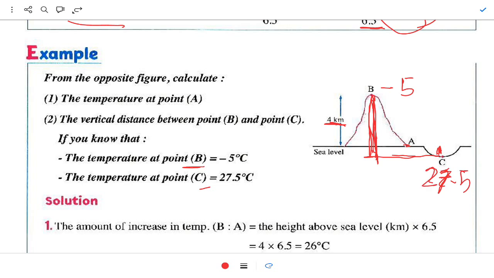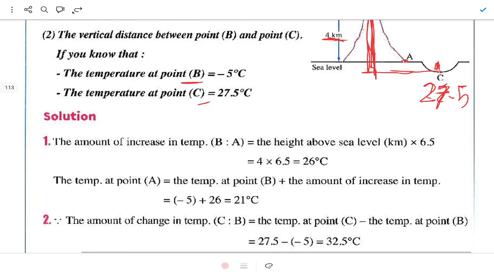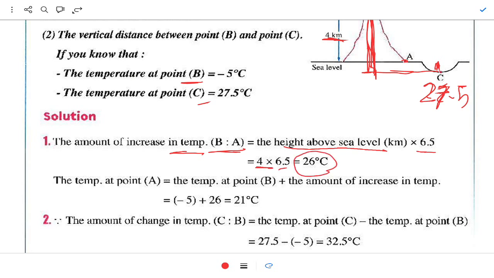27.5. So the first thing, we will calculate the amount of increase in temperature between B and A, the height above sea level times 6.5. The height is 4 times 6.5, so 26 is the amount of increase in temperature. The second thing, the temperature at point A equals the temperature at point P plus the amount of increase. The temperature is minus 5 and the amount of increase is 26, so the result is